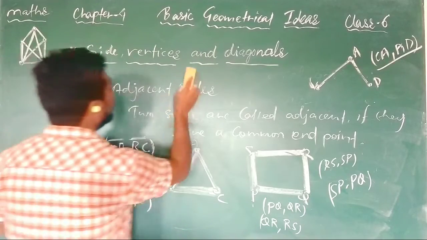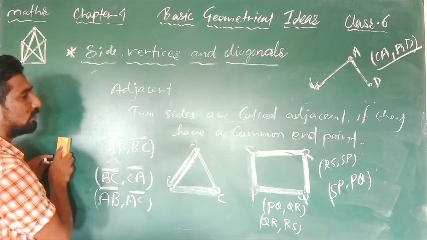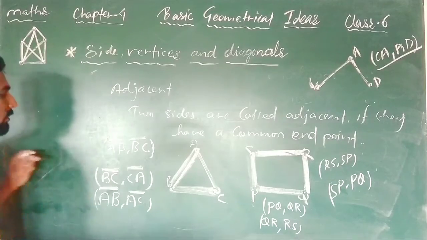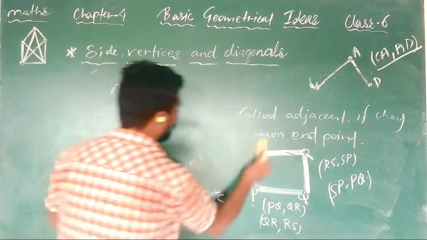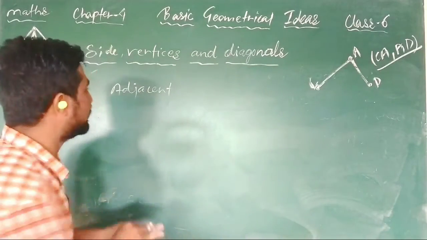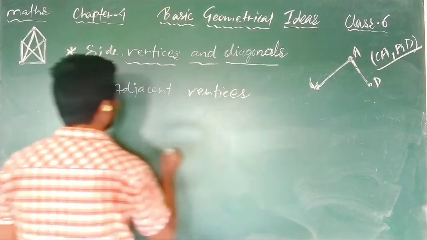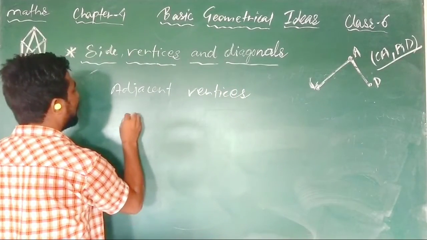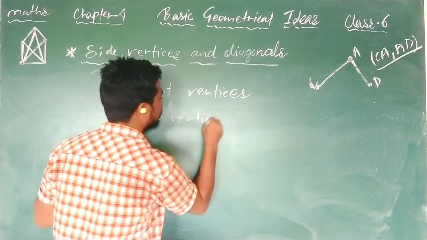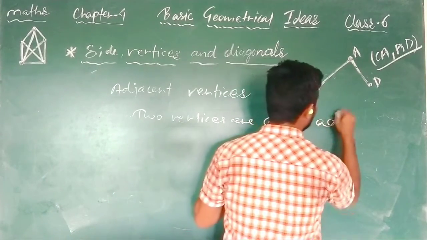After that, adjacent vertices was there. So adjacent vertices, if you want to write the definition, you can take a screenshot, otherwise I will erase. Now you see, what are adjacent vertices? Adjacent vertices are also very easy. Two points, or two vertices, are called adjacent